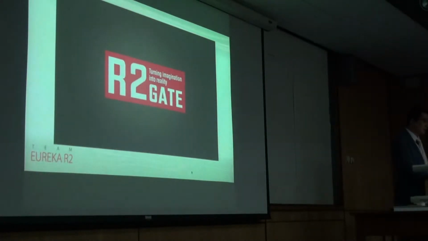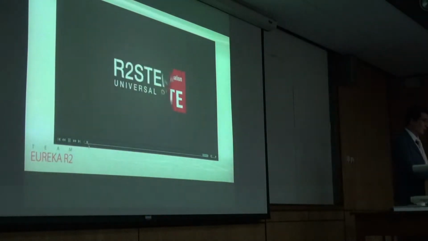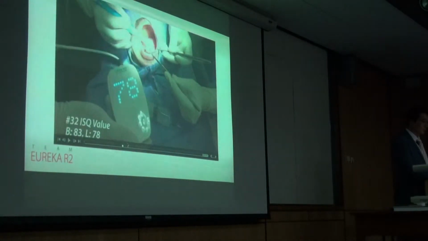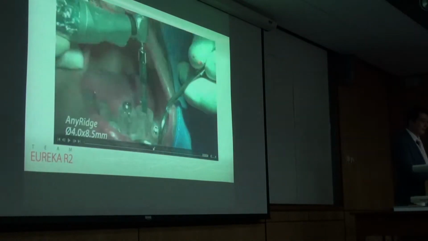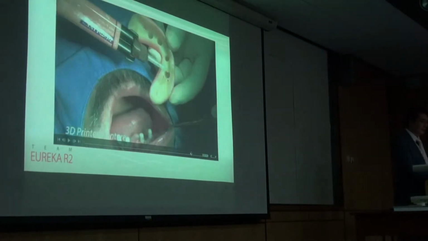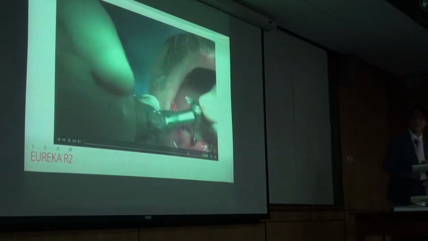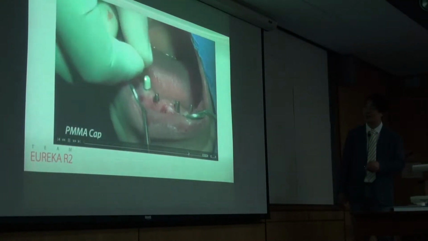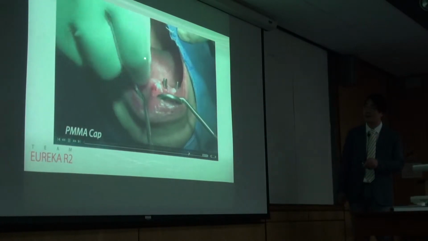The bone condition was very good. All of the bone was hard bone. So we placed the 4 implants very easily. After placing the implants, we connected the ready-made titanium customized abutments like this and put in a shell